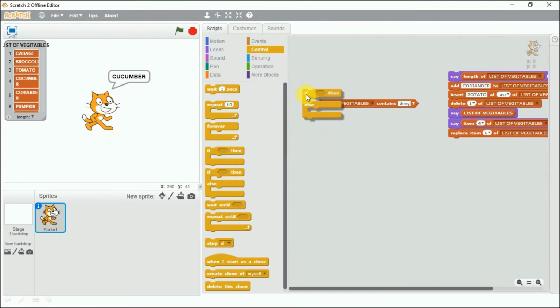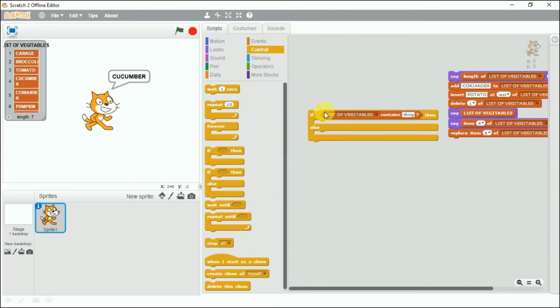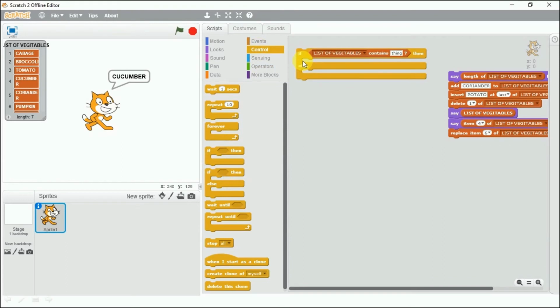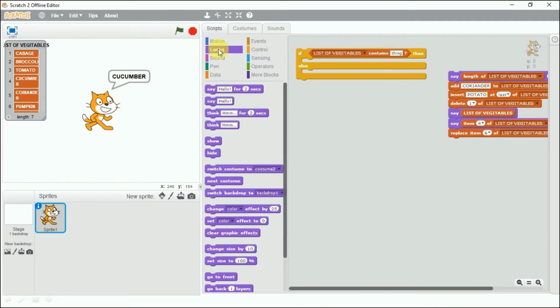So let's see the functioning and then I'll explain it to you. I'll choose this control block. Now this is a condition. If this condition is true, then do whatever is kept here, and if it is false, then do what is kept here. So let's pick up 2 blocks from here.